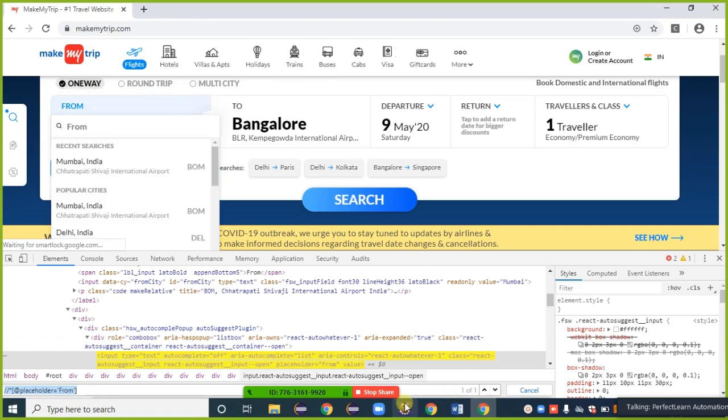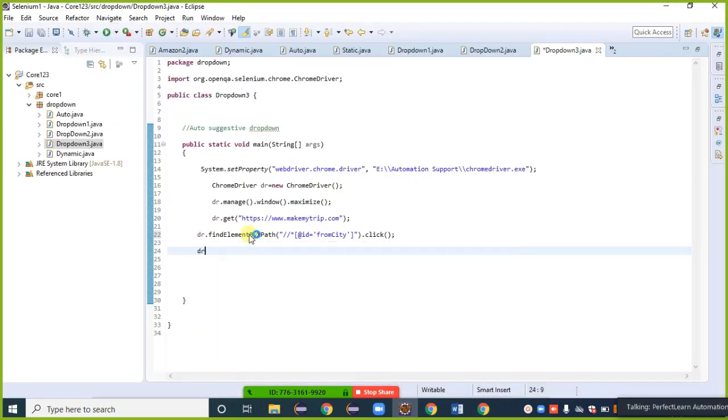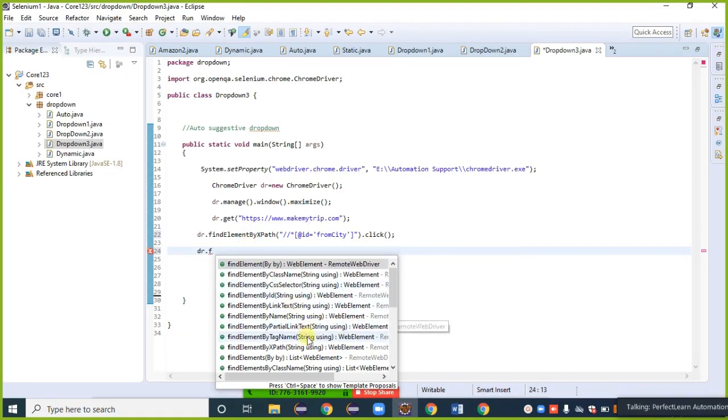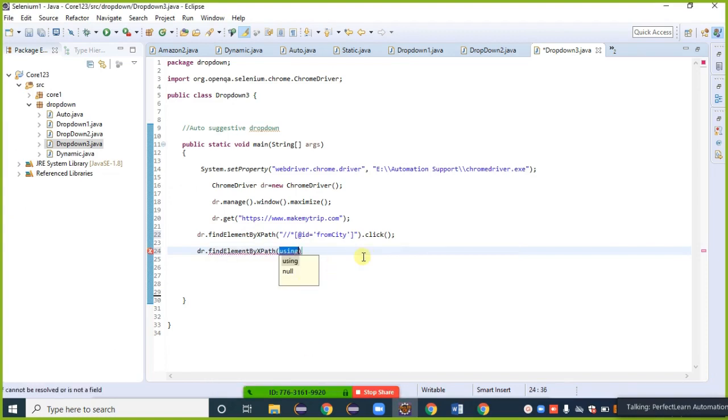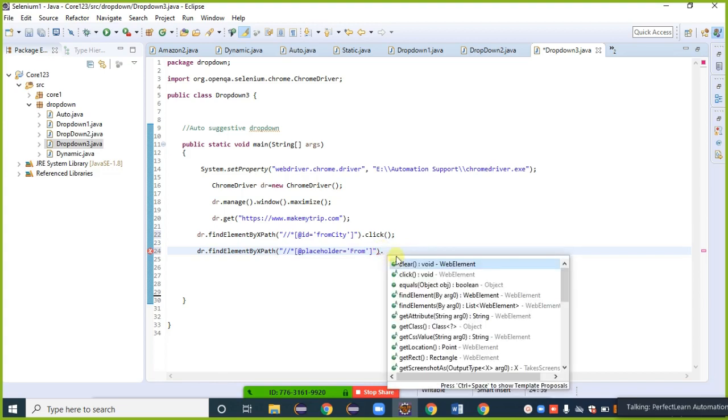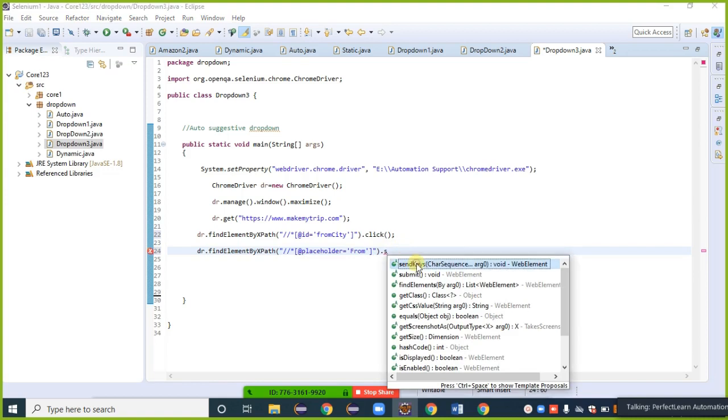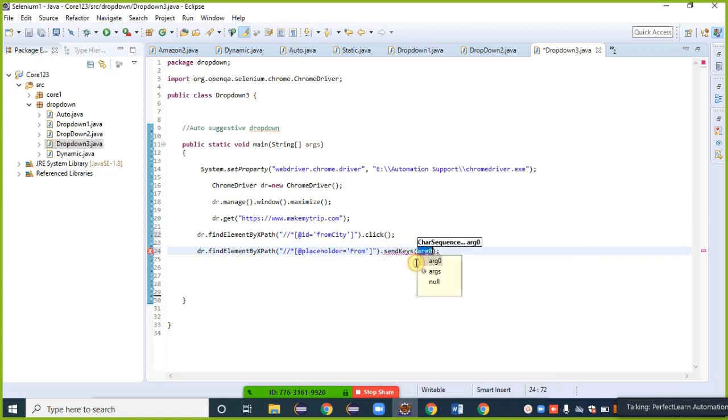Control C here. dr.find_element_by_xpath, double quote, inside that the value, dot, and which operation I need to perform here? I need to send keys. Here I am providing Mumbai as my source location.